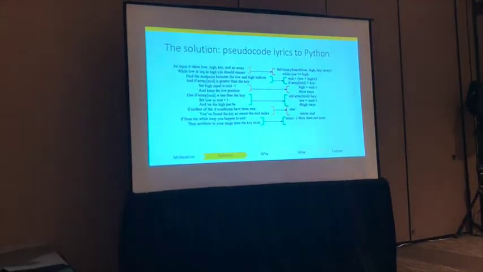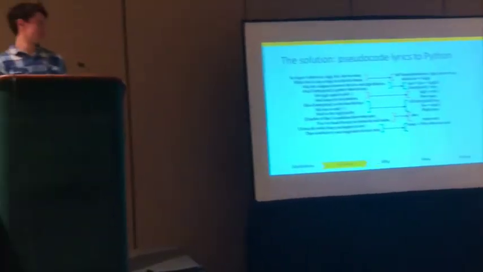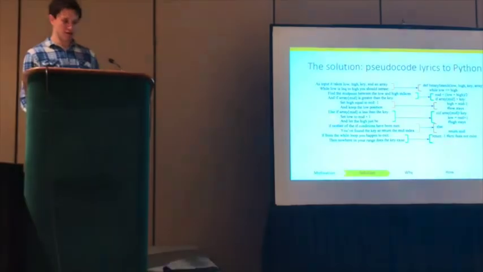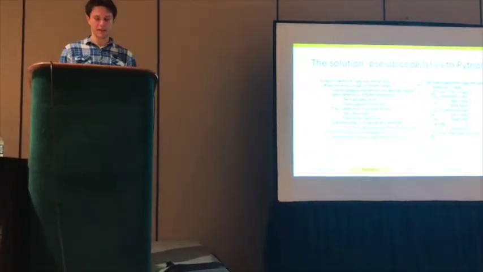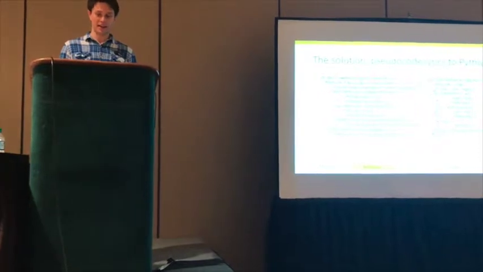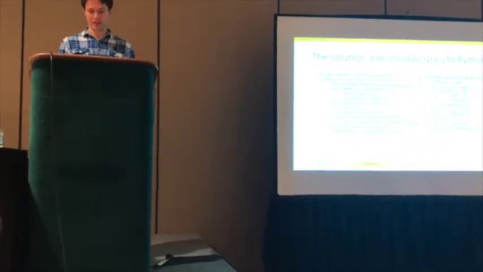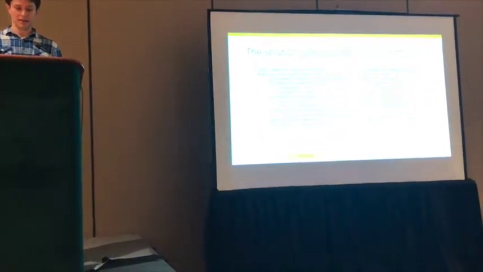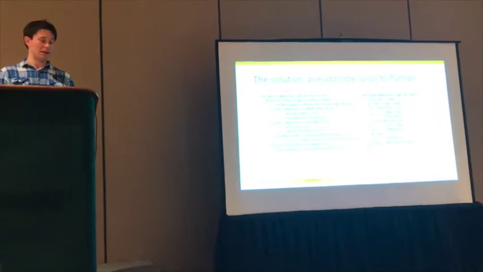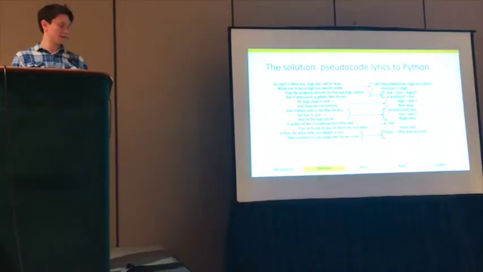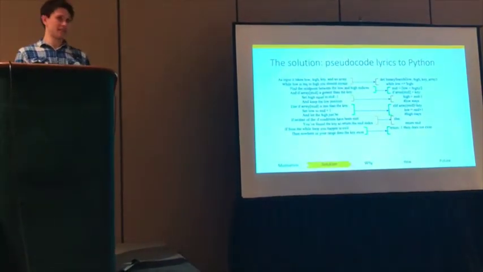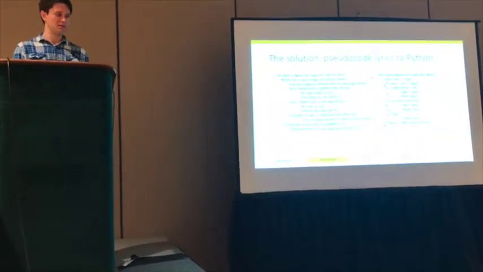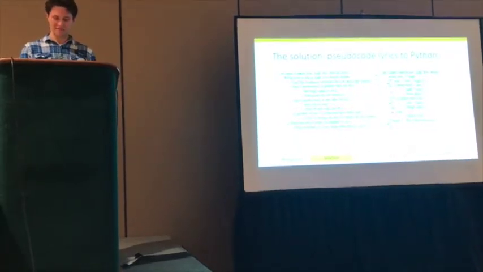So, hope you like the song. Here's the actual mapping from pseudocode to equivalent Python. So if we just go line by line, as input it takes low, high, key, and an array. So we define a function, binary search, that takes as parameters low, high, key, and array. While low is less than or equal to high, you should iterate. While low is less than or equal to high, you loop. So the rest carries on like this. There's pseudocode in the handouts that JD was passing around, so if you're interested, check it out.